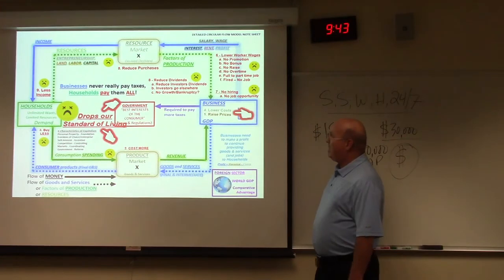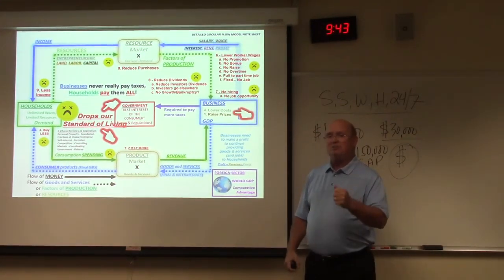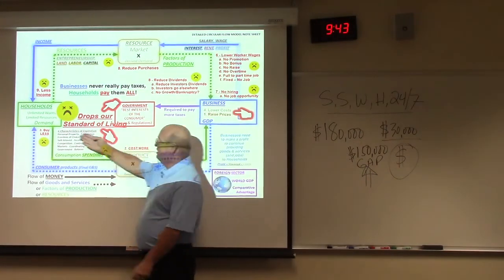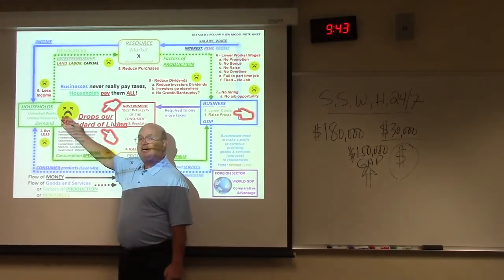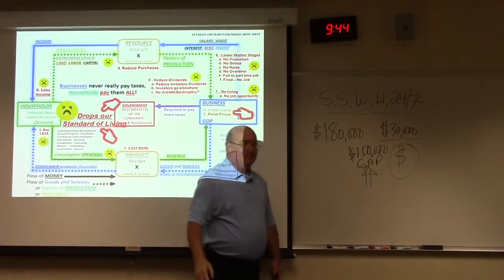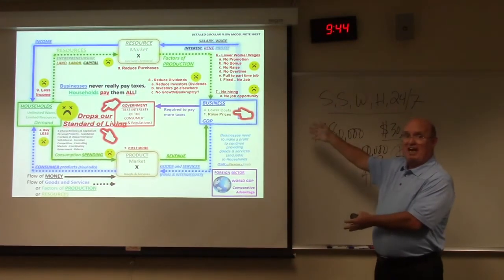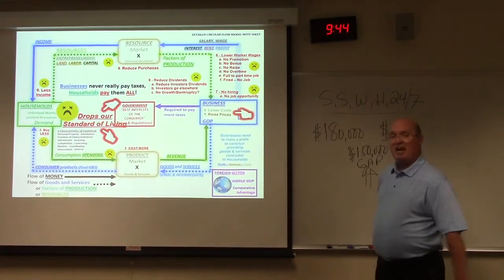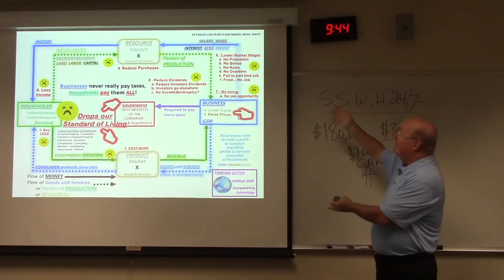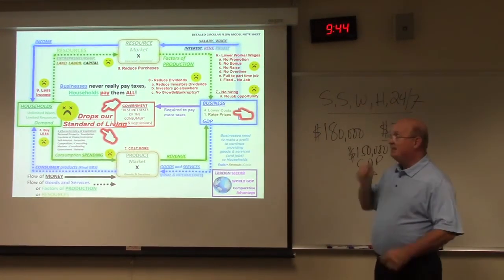So when you hear government say we're going to raise the business tax, just remember, ultimately, we pay every tax the government puts on anything. This is why it's so important to understand economics, and in this particular concept, the circular flow diagram, so you can see how this works.